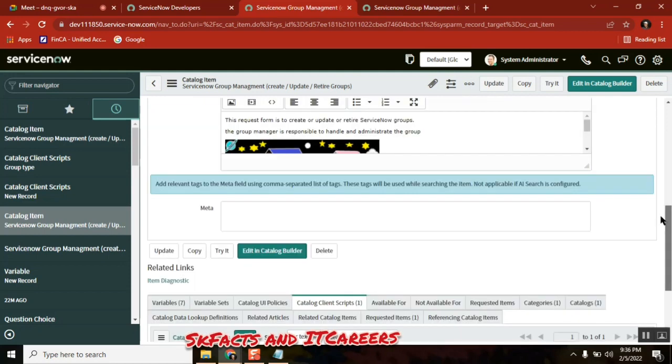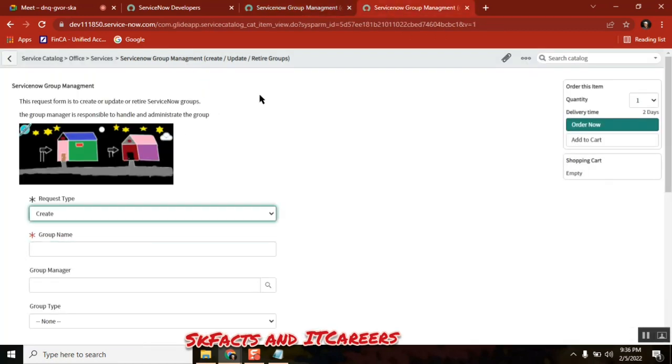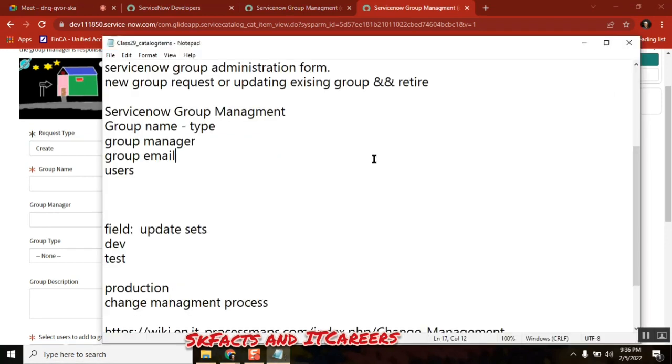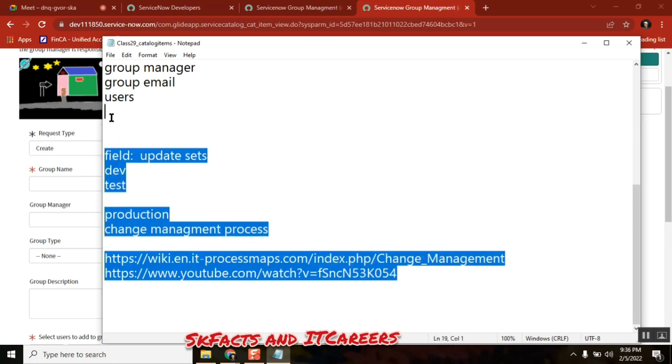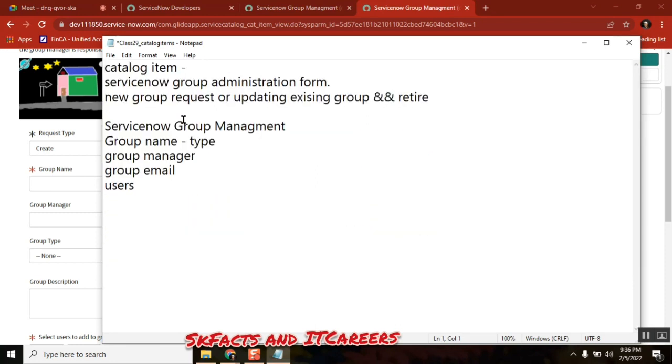What is workflow? I'm just selecting a ticket. So let's define the flow here. The flow is something like this. The flow is very important, try to understand it. So once the ticket is submitted,